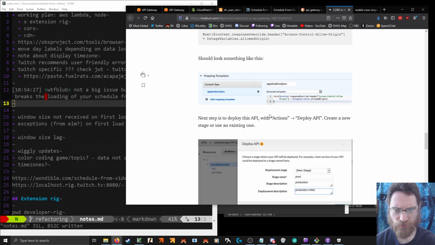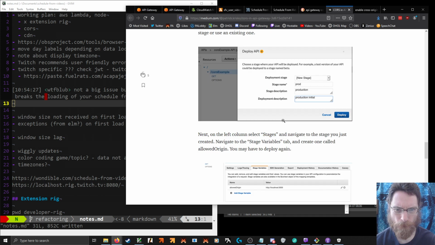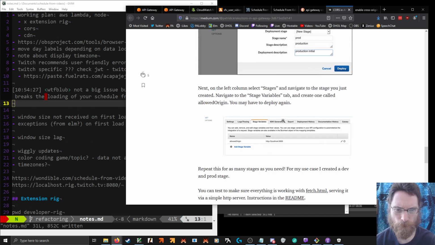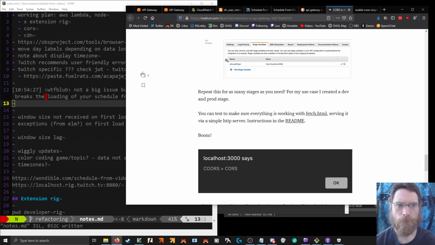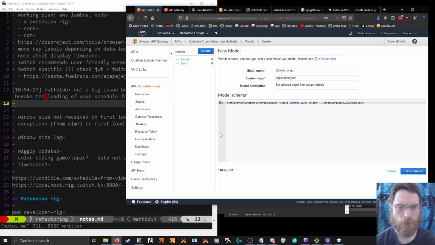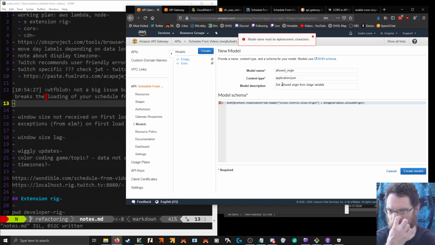So is it not valid for a model, but it is valid for a template? Model name must be in alphanumeric characters.